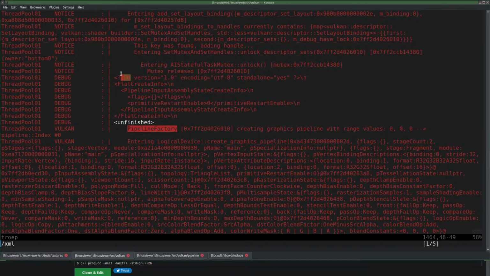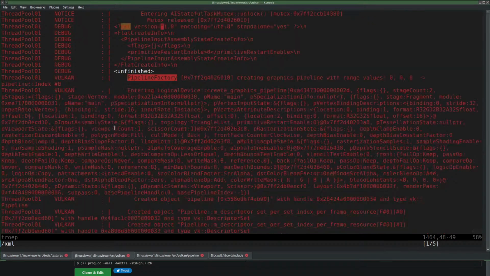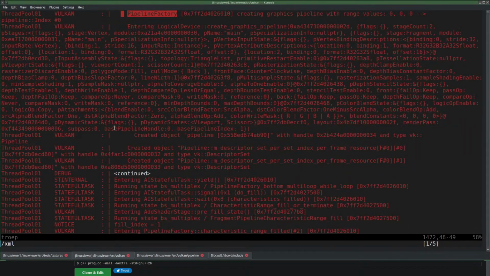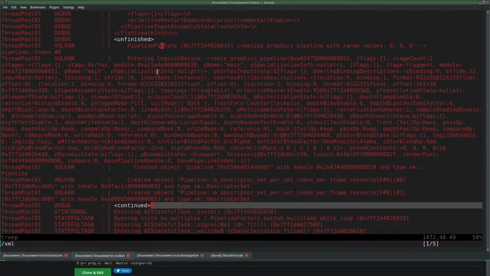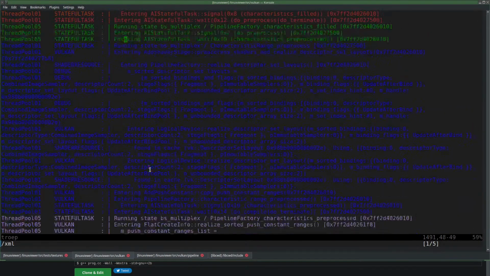Why? Because it didn't close it yet. And I didn't close it yet because it wasn't destructed yet. Though maybe I should destruct this thing before I start printing anything else outside. Here, continued and then print nothing. That's kind of silly to have an empty unfinished and an empty continued.